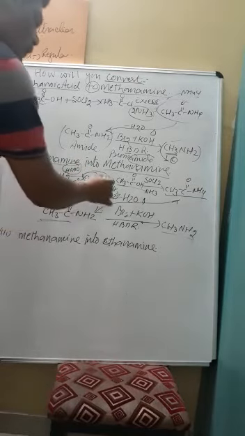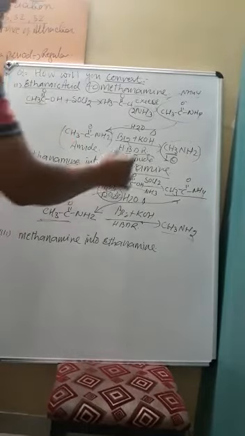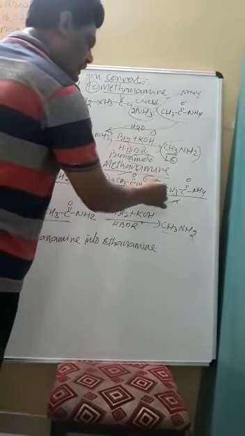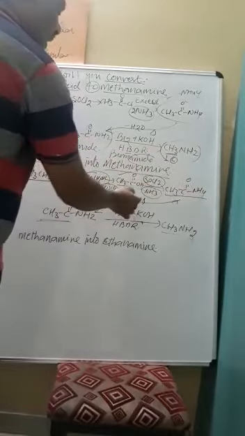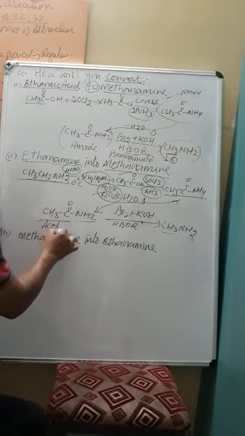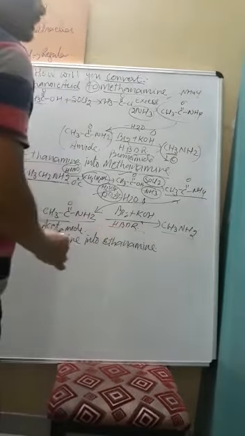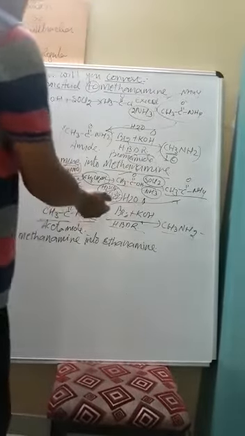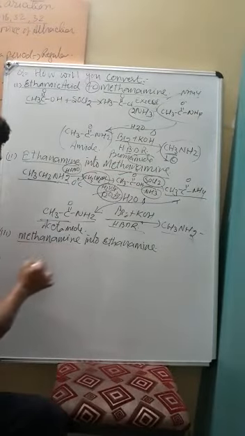We have checked in the previous chapter that when ethanamine reacts with nitrous acid at 0 degrees Celsius, it forms alcohol. Alcohol on drastic oxidation forms carboxylic acid, and the carboxylic acid when reacted with SOCl2 and excess of NH3 forms ammonium acetate, and ammonium acetate on dehydration forms acetamide. Acetamide on Hofmann bromamide degradation reaction forms methylamine. So this is called a step down reaction.